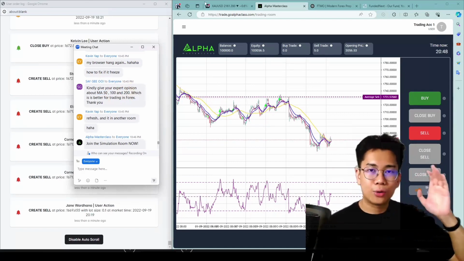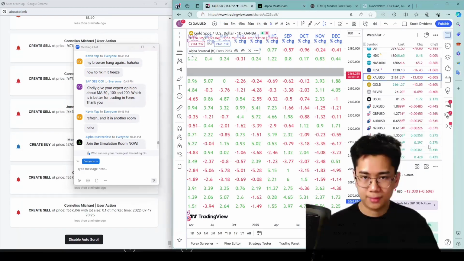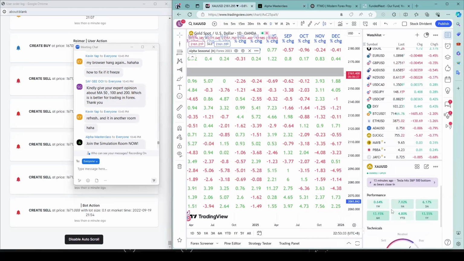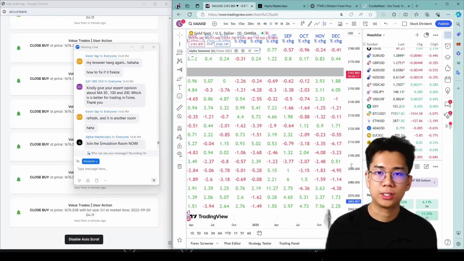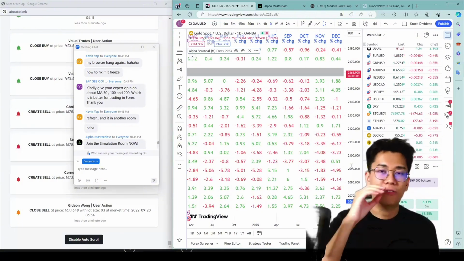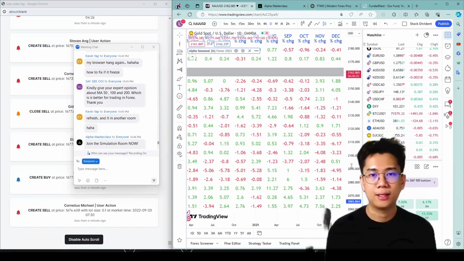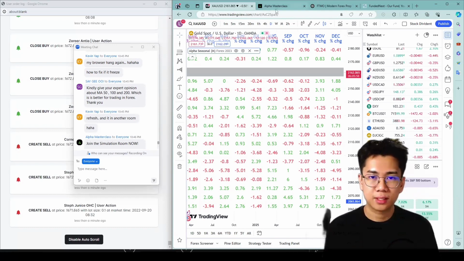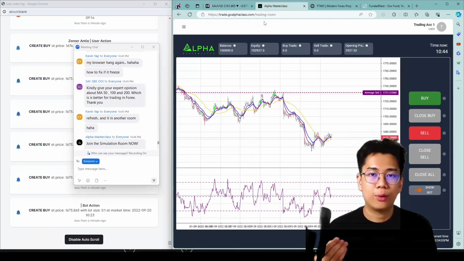Okay, so the gold market, you can see at the bottom, this is TradingView. The gold market in the past 3 months has grown by 6%, 6 months has grown by 13%, and for the past 1 year is about 13%. That means the gold market is very, very bullish. That is the purpose of using the moving average of 50, 100 and 200 on a daily time frame. Used in other time frames, very likely they don't understand why they are using this. So back to you, what is the reason for using this